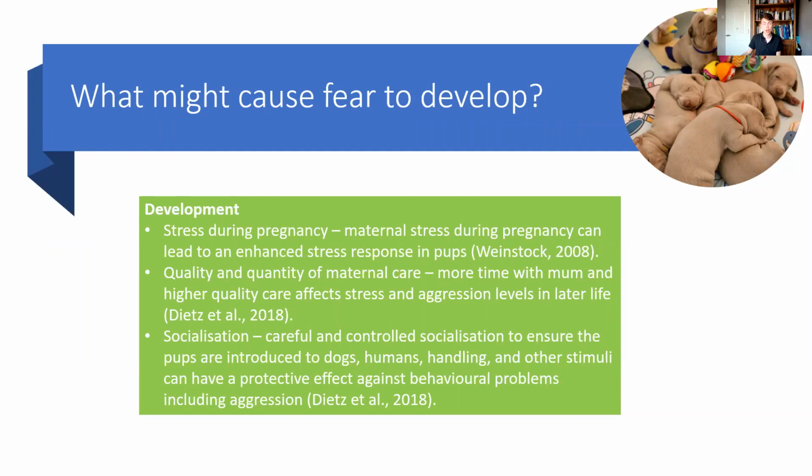In particular, with that time with mum, ideally you want 8 weeks at the very, very least, but there's also quite a lot of research, hopefully coming out soon and starting to filter through, that suggests puppies generally need a lot longer than 8 weeks with their mum. We know that in a natural environment, dogs will generally live with their parents up until about a year old. 50% of puppies won't ever really leave their family group, and those that do leave their mum and family group at about a year old.